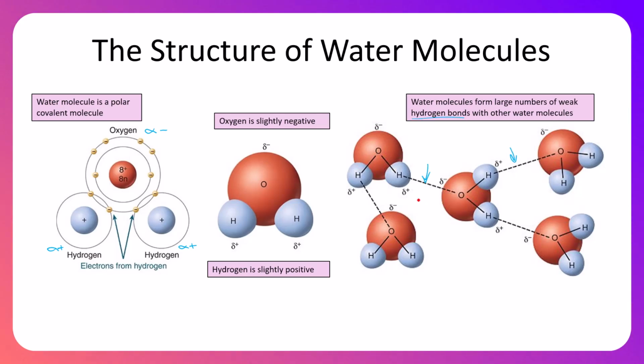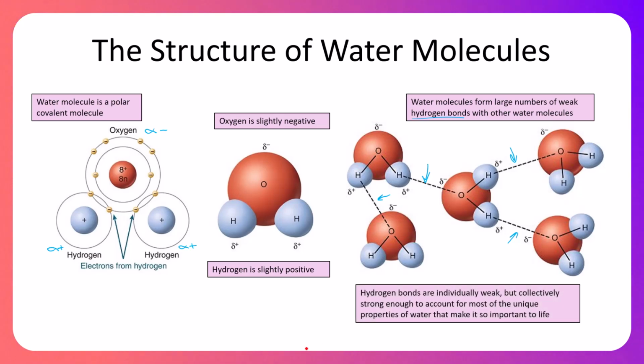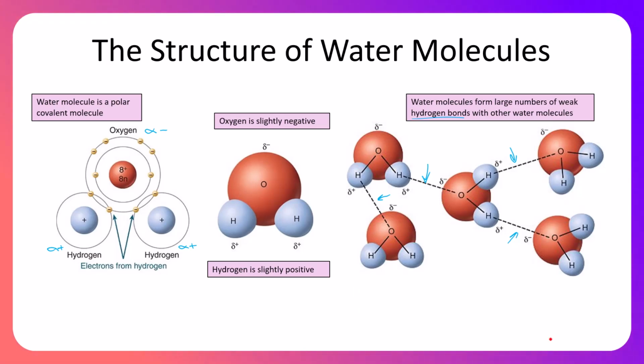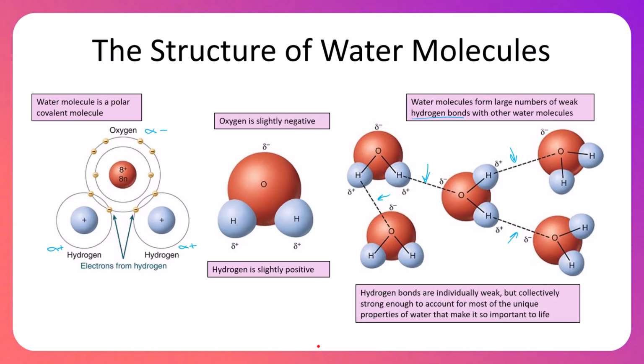Because they're polar, water molecules form large numbers of weak hydrogen bonds, seen on this diagram in those dotted lines. Every single one of these dotted lines is a hydrogen bond. While individual water molecules can form only a few hydrogen bonds each, collectively, as we increase the number of these hydrogen bonds, it creates a pretty strong interaction among all the water molecules in a particular sample, and it gives rise to a lot of the unique properties of water that are outlined in our Properties of Water video,